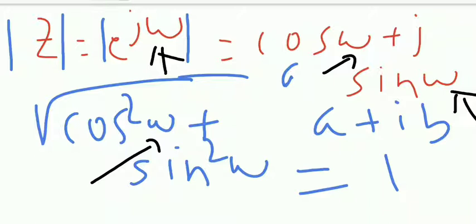That is, e power j omega is a complex exponential. Why is it a complex exponential? j represents complex, e is exponential. So the magnitude of a complex exponential is always 1. Please remember, this is a very, very important point that we have to use in every equation or every concept of signals and systems and DSP. So the magnitude of a complex exponential is always equal to 1. So the magnitude of z is also equal to 1, because z is equal to e power j omega.